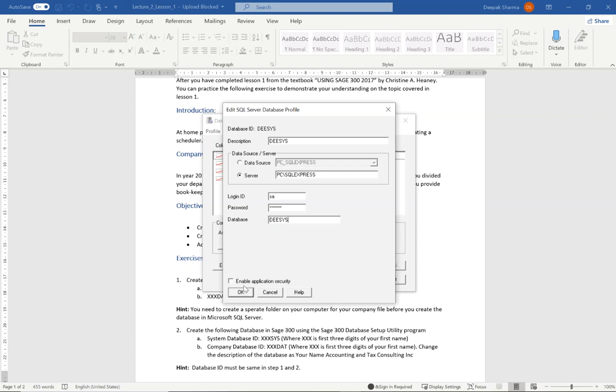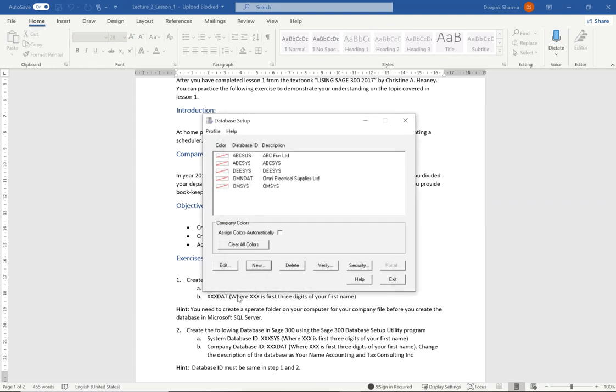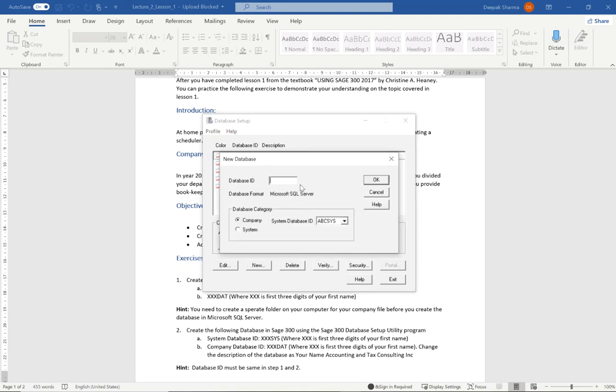Okay, and once you go in here, you're going to leave the enable application as a blank, and then we're going to press OK. Now we see this. Okay, well, it's supposed to be ABC system, ABC Express. That's fine. I'm going to leave it as it is. I'm not going to change it. Now I'm going to say